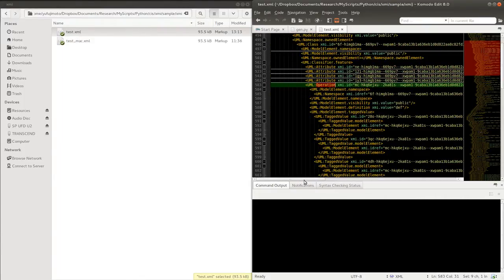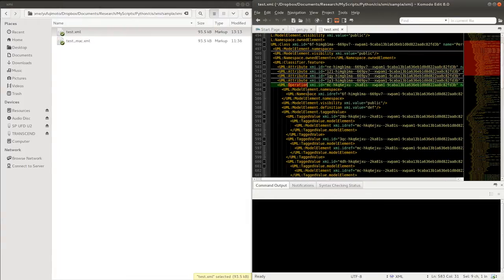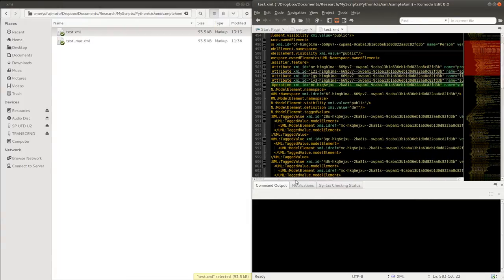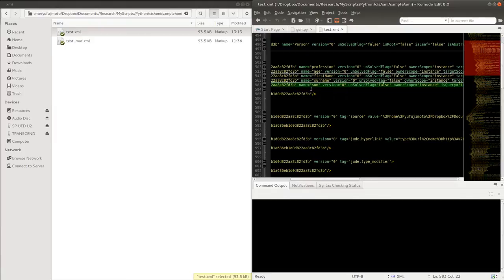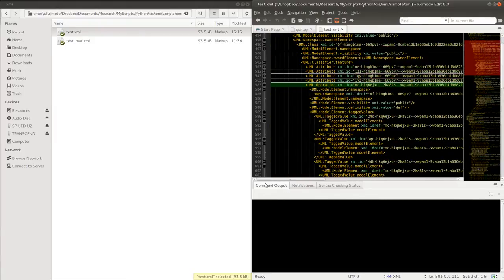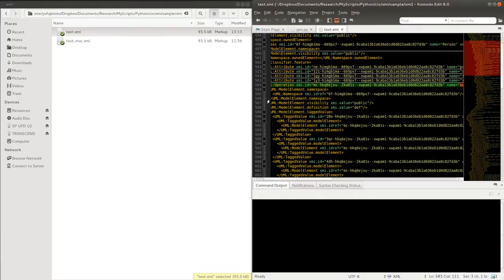And the source code of this operation, named sum, does not have source code of this operation here, but